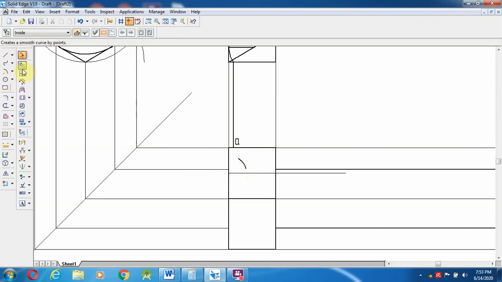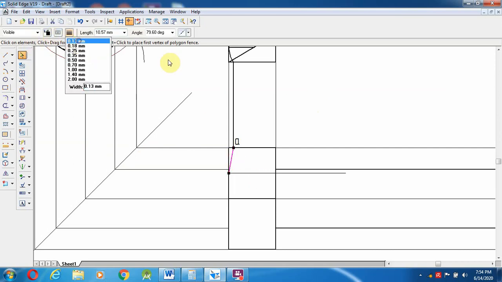So that you don't get confused, draw a line from here to this end point. What is the length of this? 10.57, so half, 10 point something, so we can leave that. This line I am going to change to 0.13.